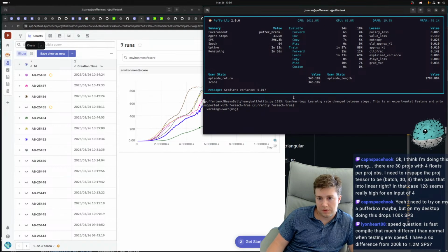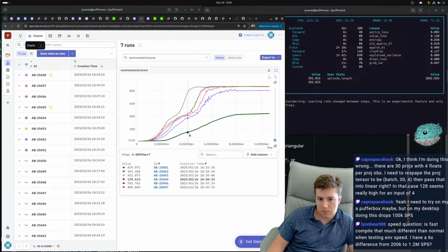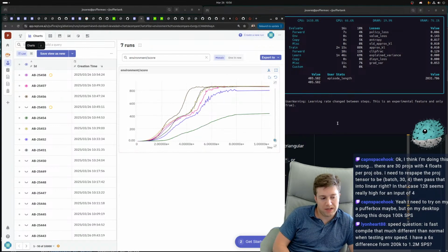So I mean, this is better. We'll see how this goes longer term. But it still doesn't seem like you get anything out of the smaller mini batches, right?